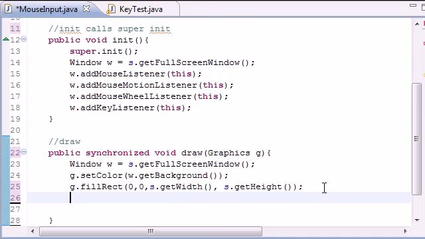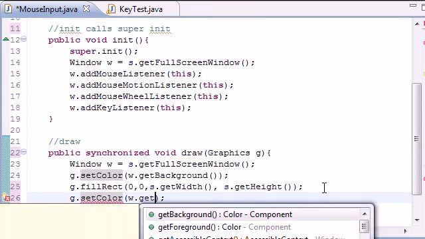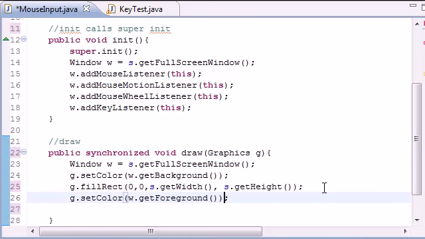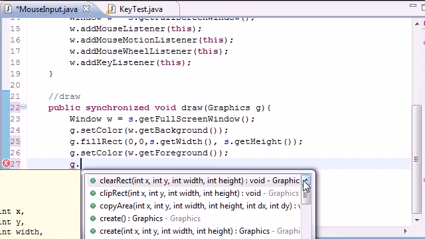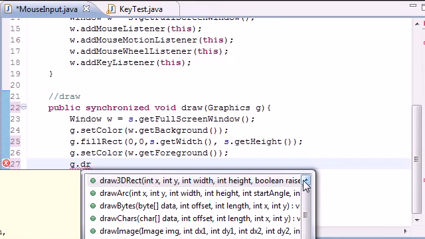So a couple more things we need to do is go ahead and change the color. So g.setColor, and we will set this to w.getForeground this time. So now we are drawing with white, and now let's just draw the string, g.drawString,